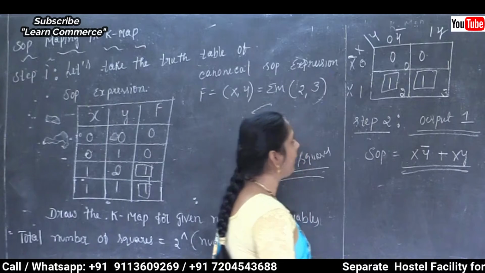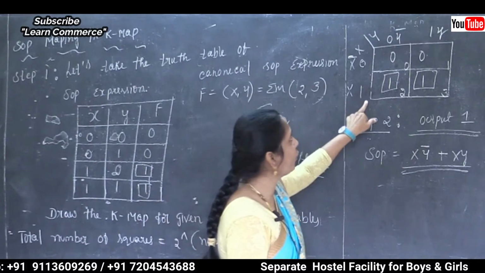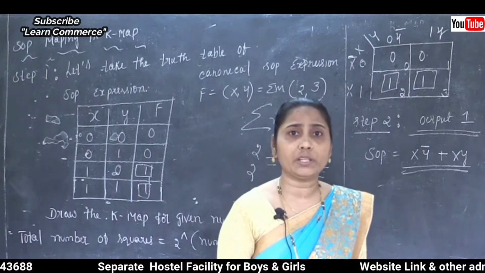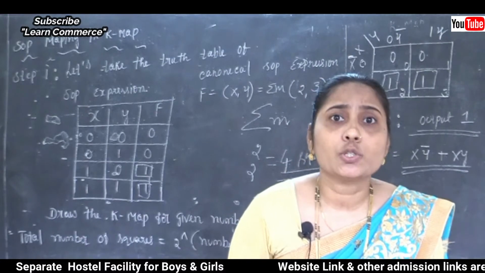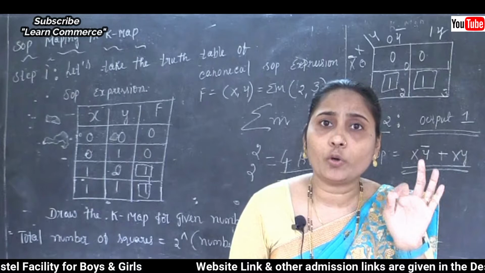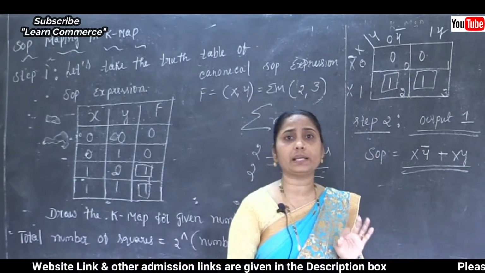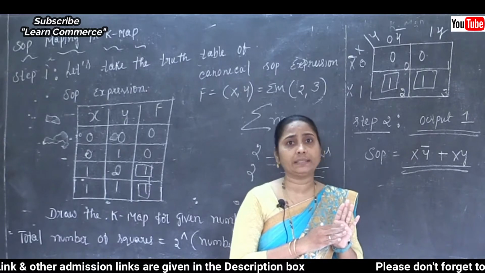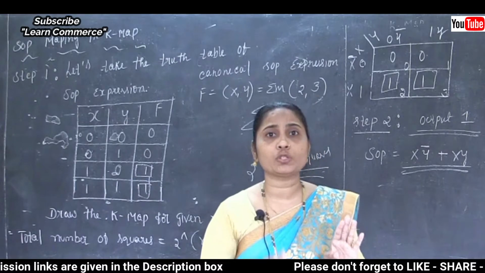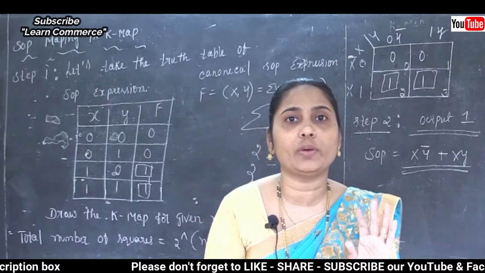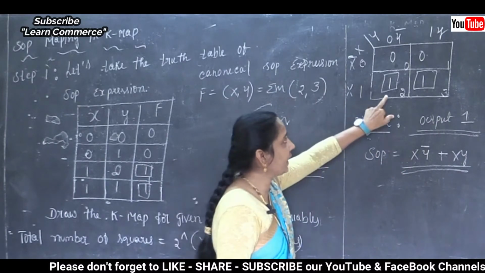So depending on the value, now I am not going to use the complement of x and y. Why? Because in our truth table some of the values are there. So depending on the number, in squares 2 and 3, such 2 and 3 values are there, and in place of the 2 and 3 squares, we need to use the value 1.